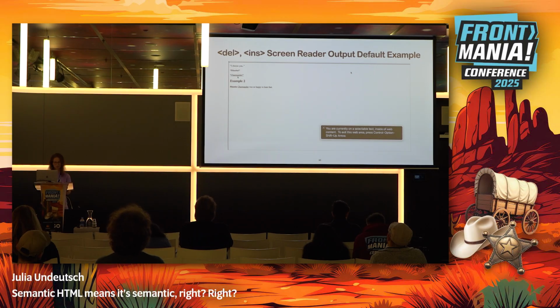These are both the default examples when I do not use CSS and implement a minus or a plus before